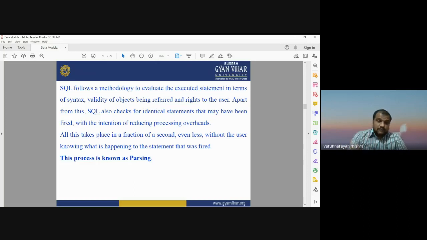It's a very fast processing way in which SQL selects the most optimal way for different SQL queries and deletes the identical statements. It is done so fast that the user cannot know what is happening behind the processing of that query. This kind of process is known as parsing.